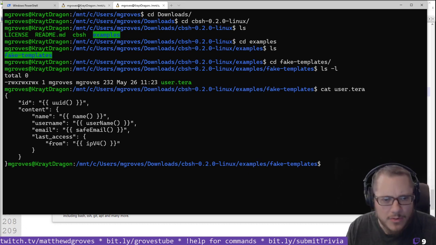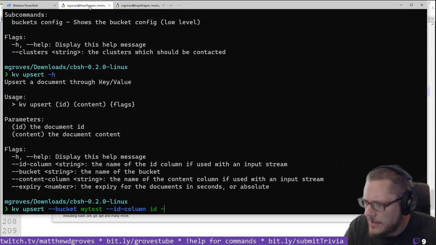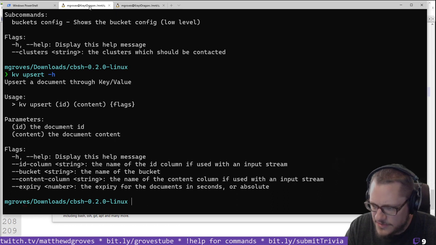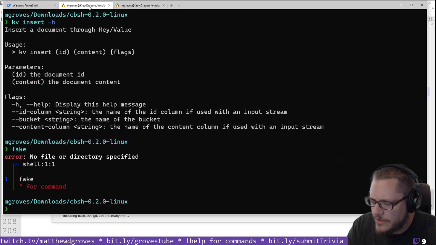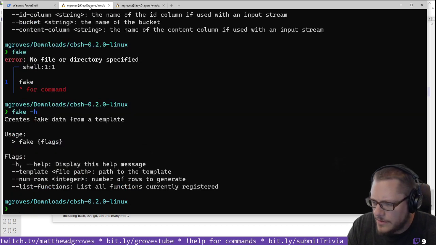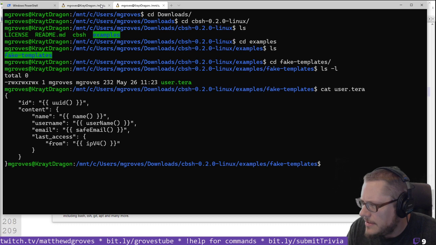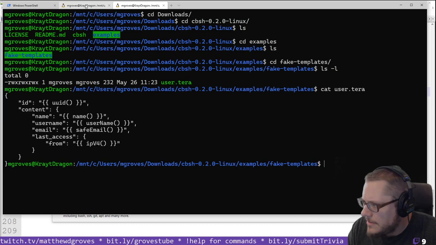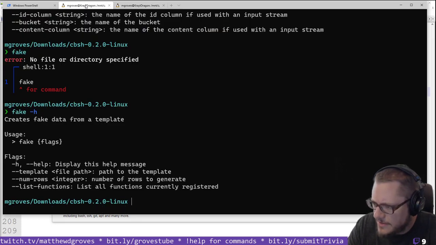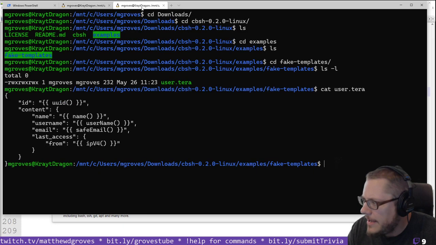Okay, so where was the thing with the templates? That's what I wanted to try. Was it insert? What was the thing with the, it was fake. It was just fake. Okay, so I want to try this fake template, and the file is in examples, fake-templates,